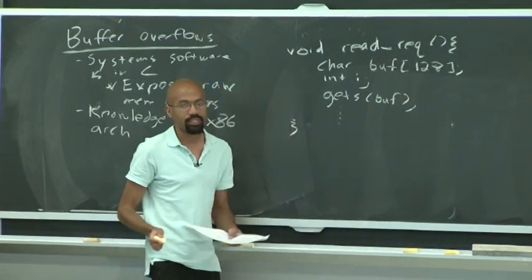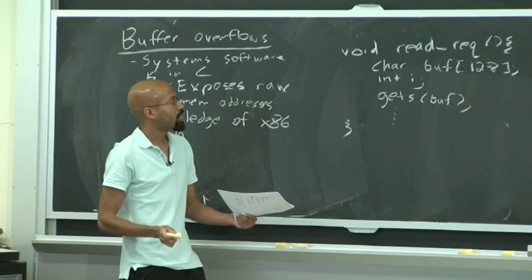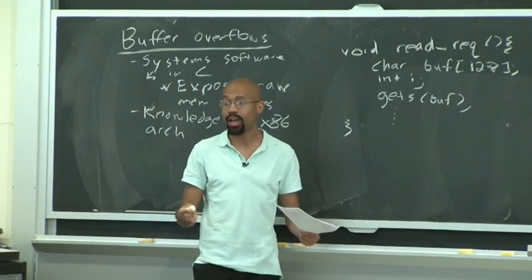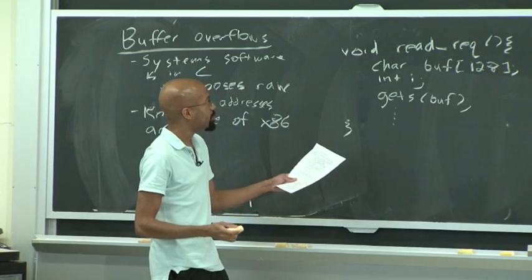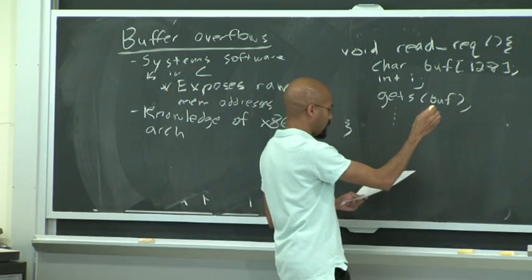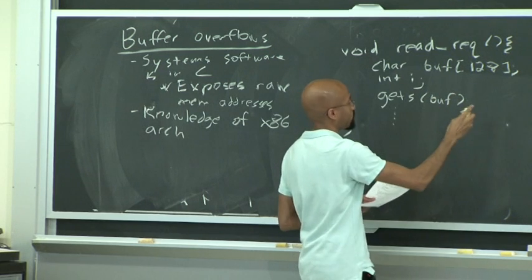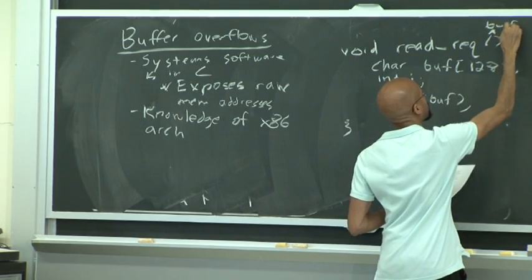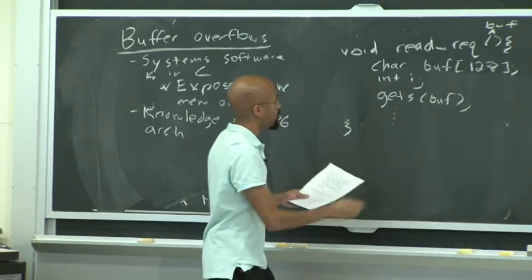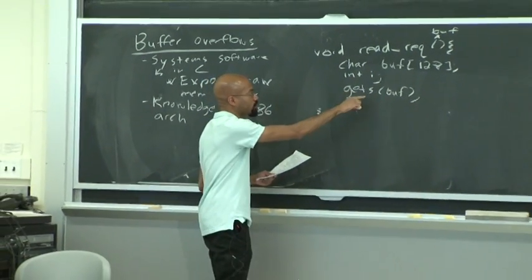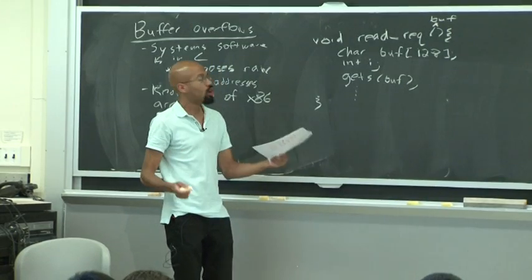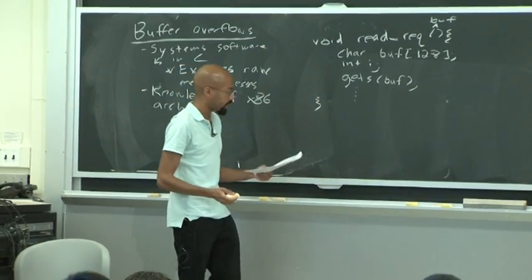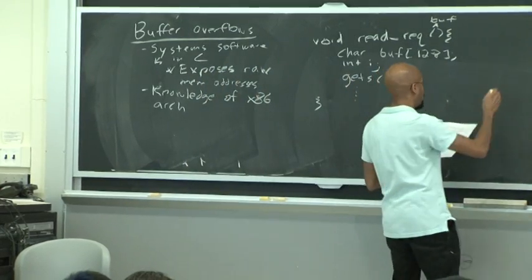So as we discussed in lecture last week, this is problematic, right? Because this gets operation here does not actually check the bounds on the buffer. So what can happen is that if the user actually supplies the buffer, I should put that guy up here, for example. If that buffer comes in from the user, and we use this unsafe function here, then we can actually overflow this buffer, and we can actually rewrite stuff that's on the stack. So just as a reminder of what that stuff looks like,